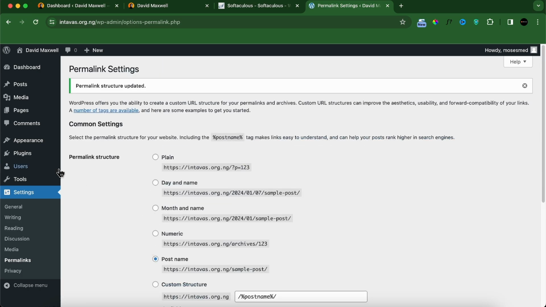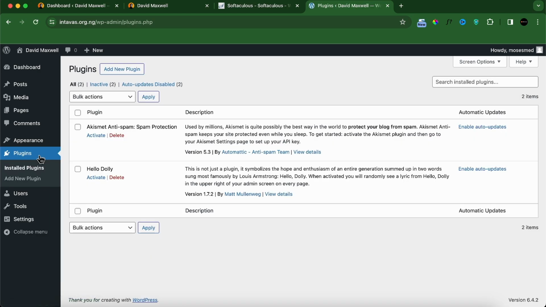So after doing that, I'm going to come to plugins, and sometimes WordPress used to install some demo plugins with your installation, so you need to get rid of that as well. I'm just going to select this checkbox and I'm going to delete these guys. I'm going to click on OK,